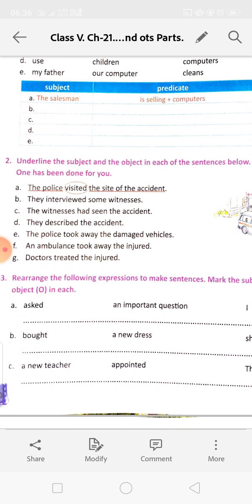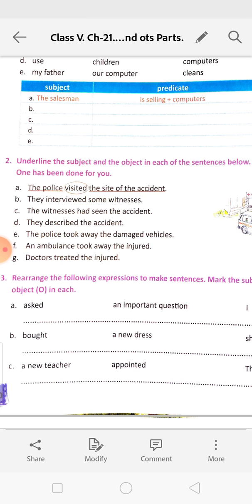They interviewed some witnesses. They is the subject, interviewed is the verb, so some witnesses is the object. The witnesses had seen the accident. The witnesses is the subject, had seen is the verb, the accident is the